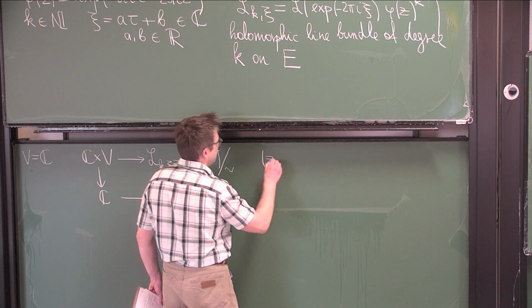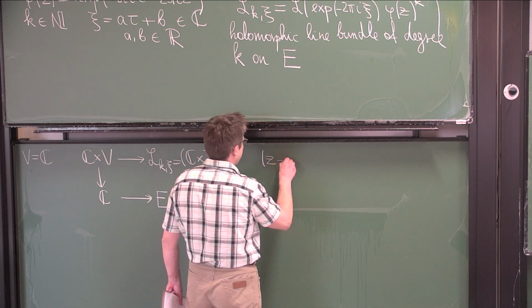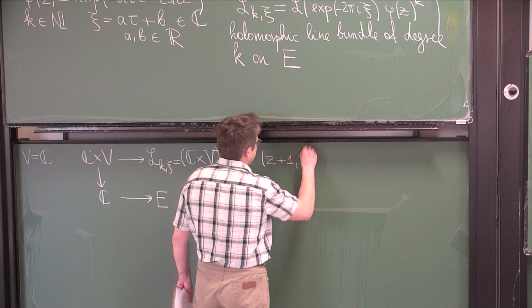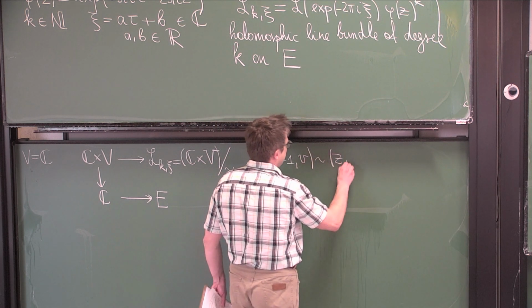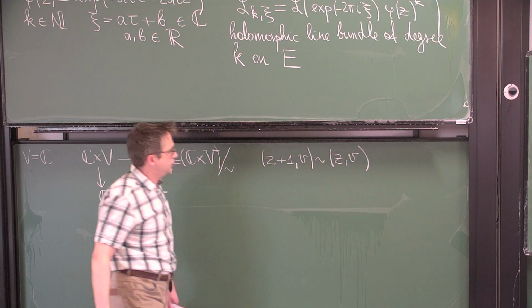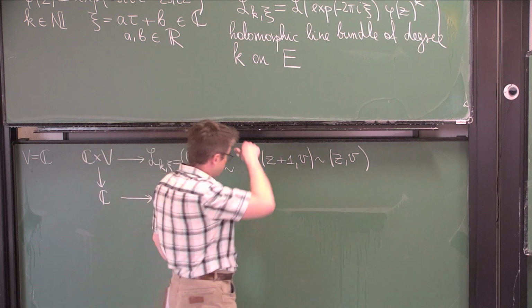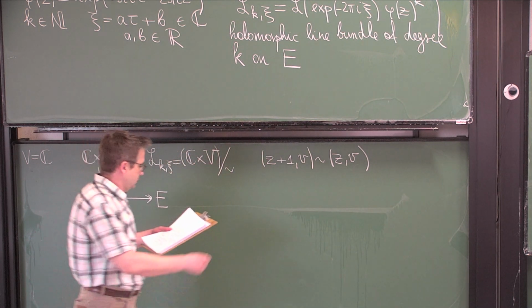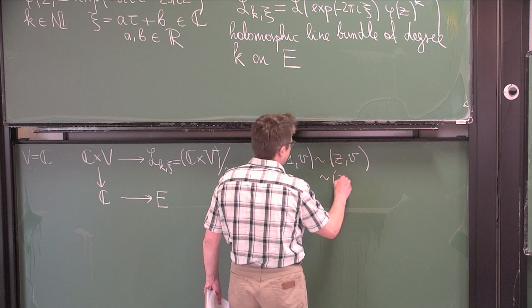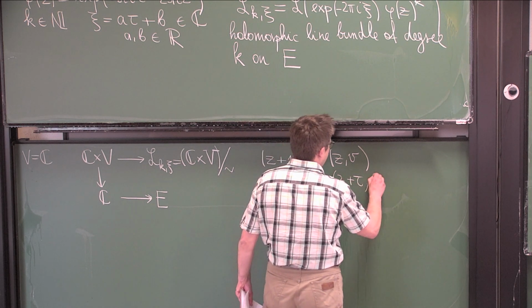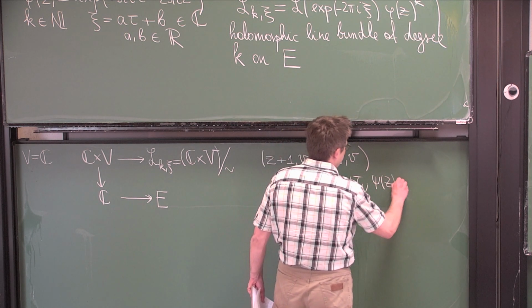I identify the point ZV with Z plus 1V, and it's also equivalent to Z plus tau, psi Z times